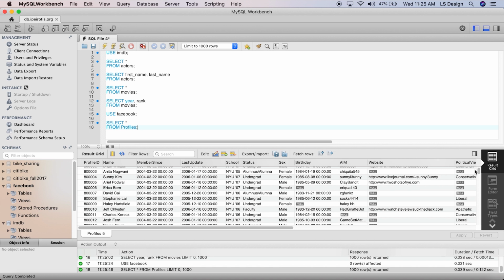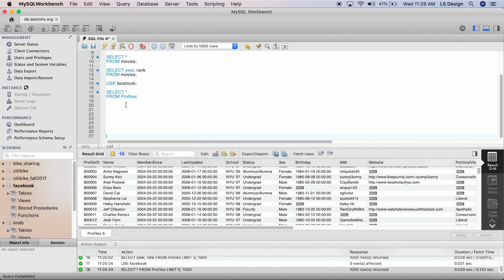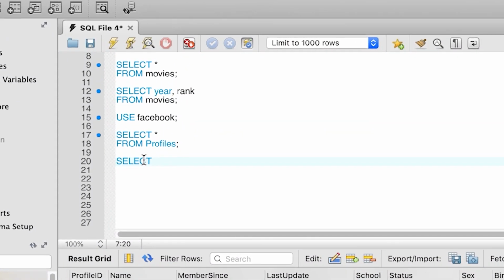Actually, you see it's a very big table, and in reality, most database tables tend to look like the profiles table. Many real-life databases contain tables that have tens or even hundreds of attributes sometimes, so quite often we want to filter out this table and our query to get back just the attributes that we care about. So in this particular case, we want to get back name, sex, and birthday. So we go select, and we replace now star with name, comma, sex, comma, birthday from profiles.